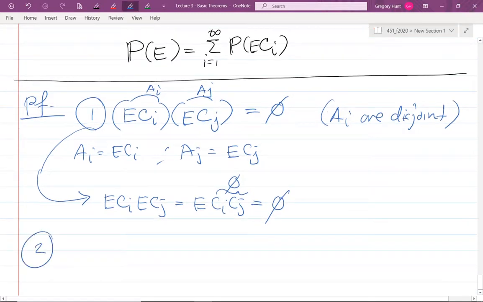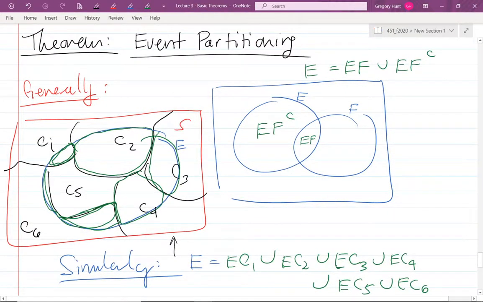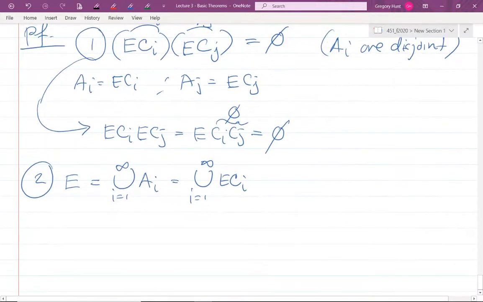The second fact is that you have to believe that E is the union of these A_i. That is, it's the union, i goes from 1 to infinity, of E intersect C_i. And you can think about how to prove that. I'm not going to go into a real formal proof of it, but my picture here I think is fairly convincing of that fact. I can break apart E into the intersection with each of the parts of the partition. So I think this picture does justice. You can think about a more formal proof, but it's not necessary, I suppose.